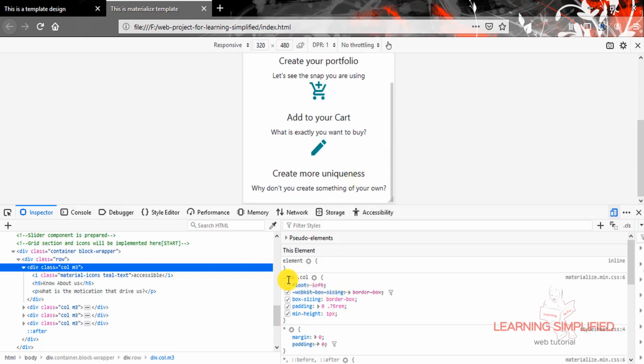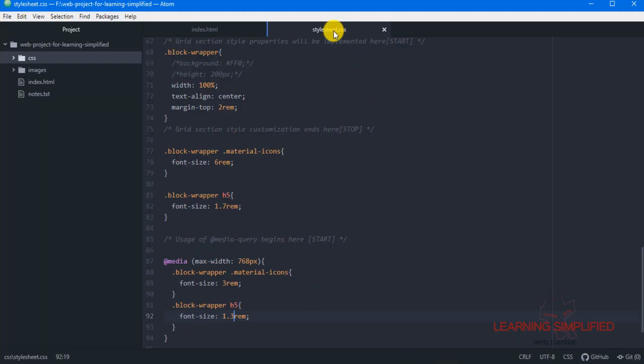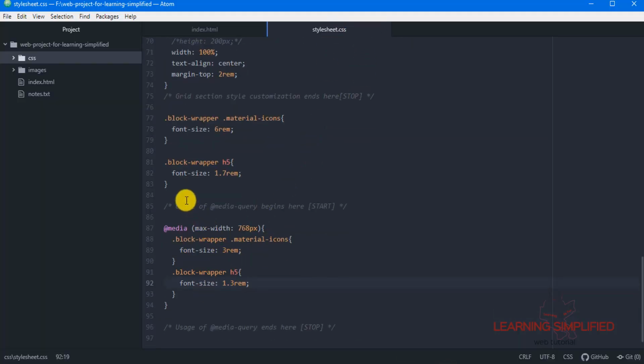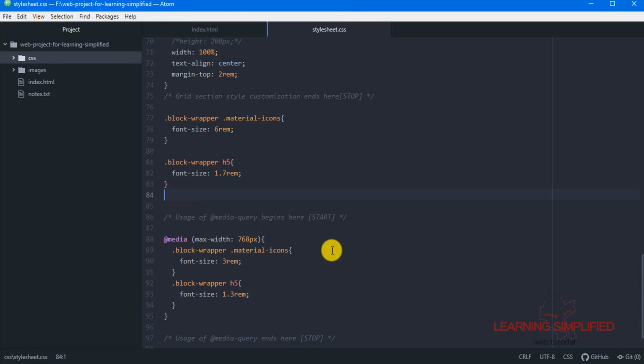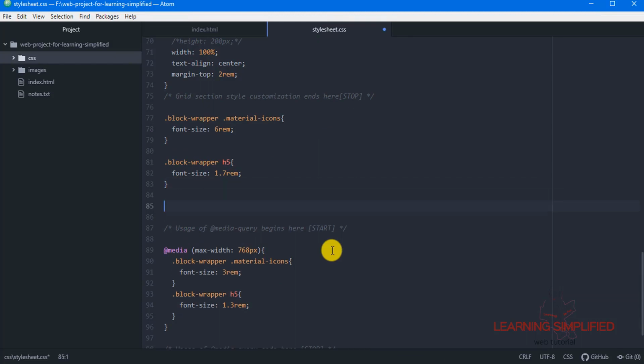So we need to copy this class. We need to get back to our stylesheet.css and make better usage of it. We have provided it over here, and we need to mention in case of which particular element it is going to work.